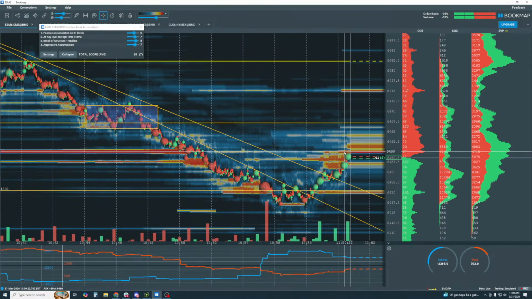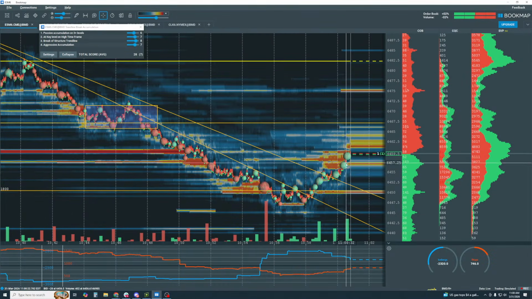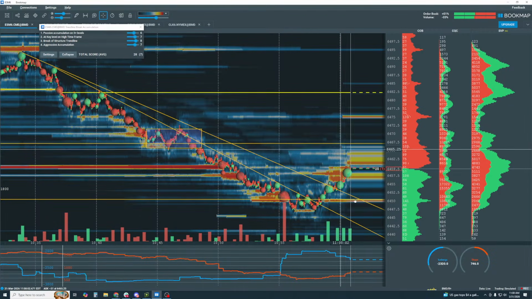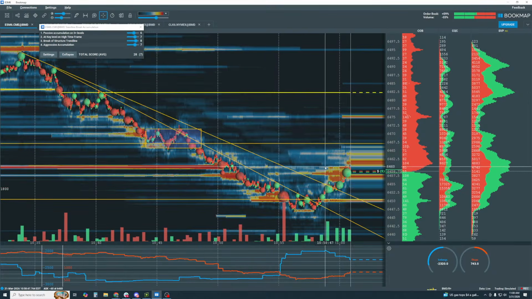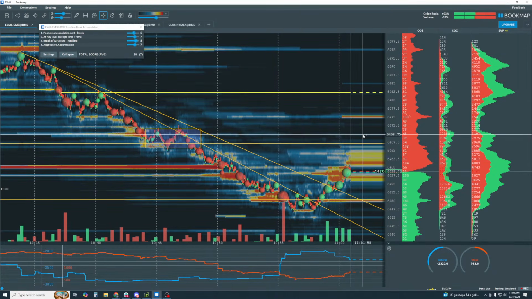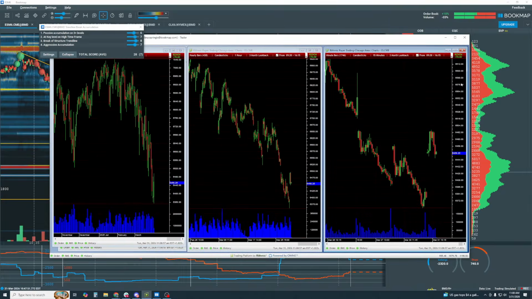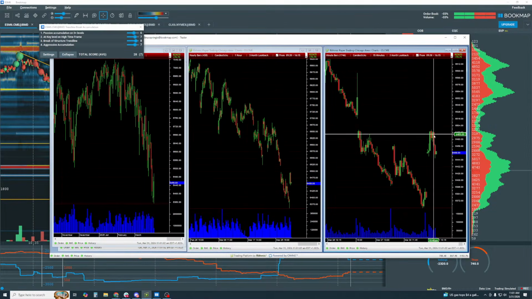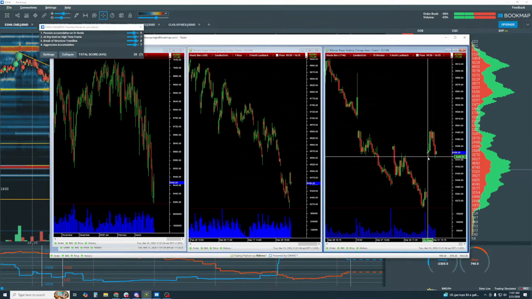Okay, so let's see. For hitting a single, you'd take some off here at 60. Okay, I like this setup. So I think that we've got more room to run here. We tested. We've come back all the way here to test. Okay, and we're bullish for today, right? So this is a good area to look for that reaction on the higher time frame. So our level is good,